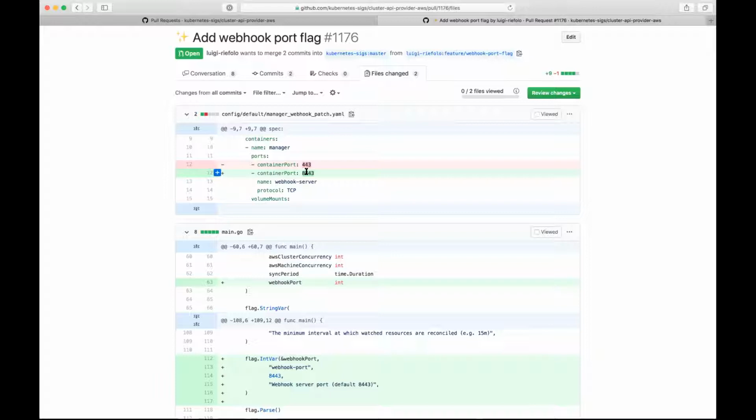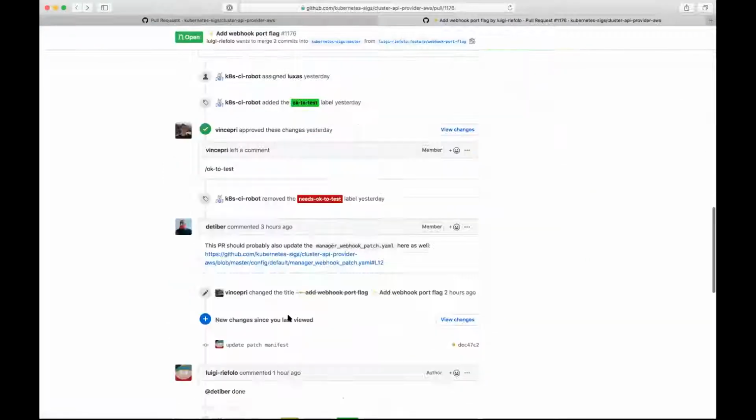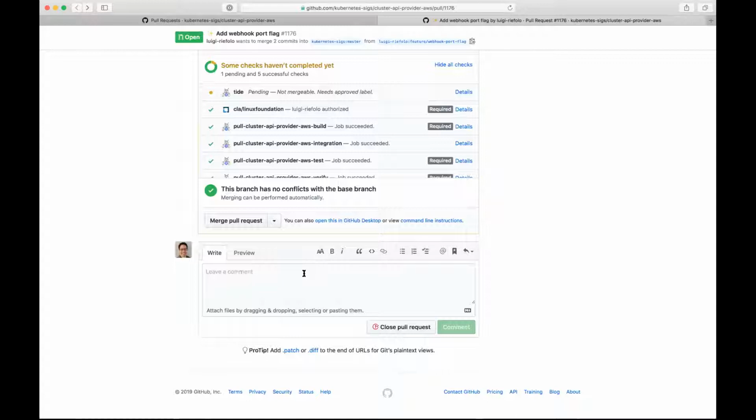All right, well, I think this can go in, and as we get around to pulling in the validating webhook. Should we hold this though until the webhooks are merged? Yeah, I mean, this doesn't provide any value until the webhooks come in. Well, I would say it does provide value in that you can run the container as non-root. Because is it trying to listen to that port now, even though we haven't defined any webhooks? No, we're running as non-root now. Okay, I just wanted to double check that.